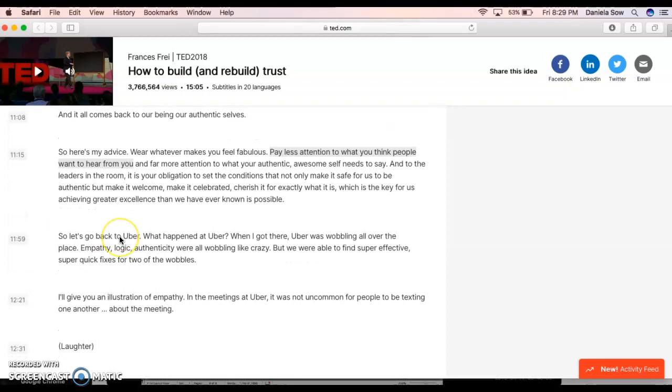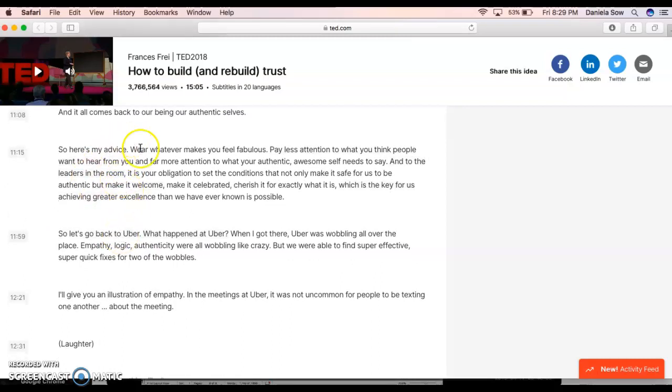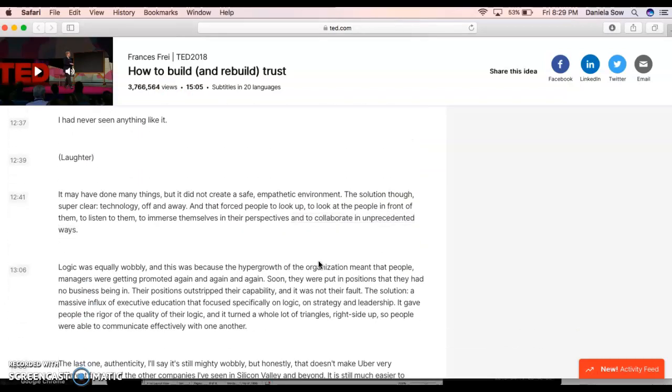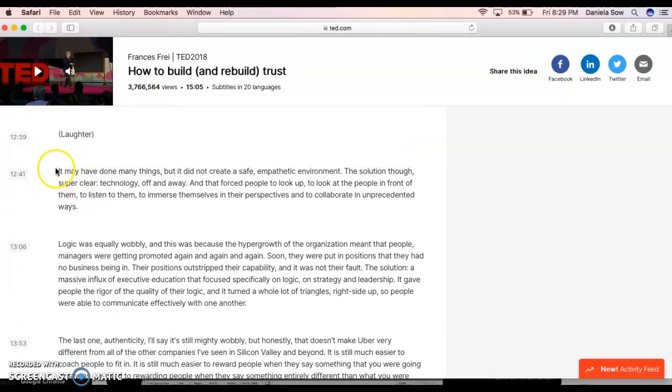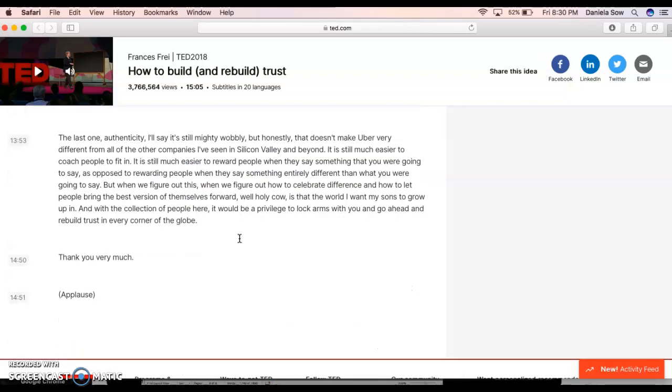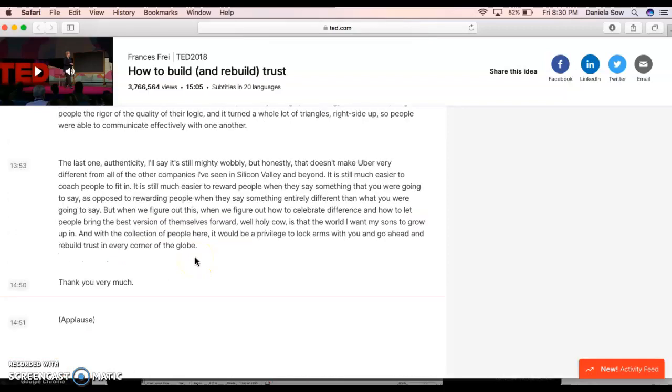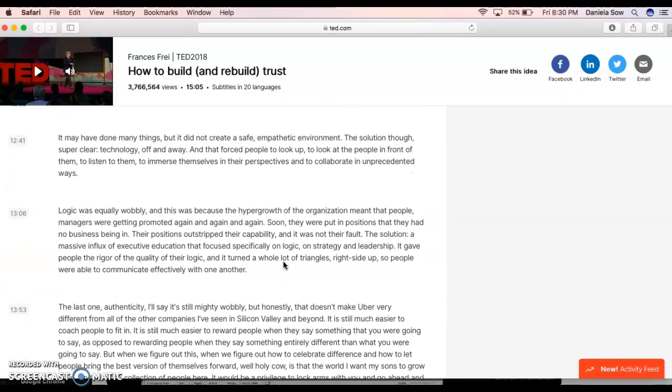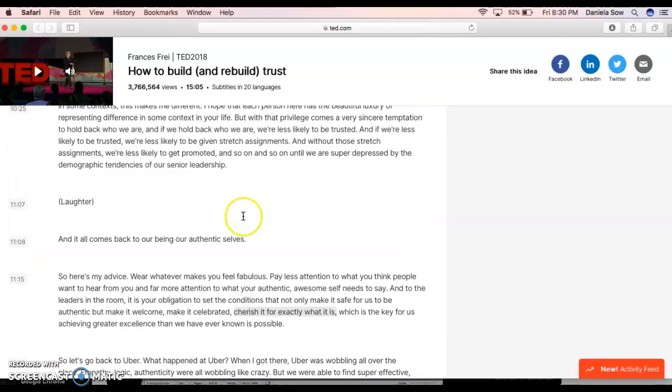And then at the end, you'll notice that she gives a little bit of advice. You're definitely welcome to use this as a strategy for your conclusion paragraph. You can also consider some things that you might consider. It may have done many things, but it did not create a safe, so just acknowledging cause and effect scenarios, and then figuring out how you want to wrap up with your audience and why your idea is important. So she does a really good job using a range of strategies,